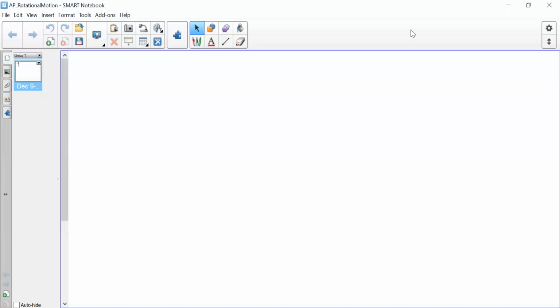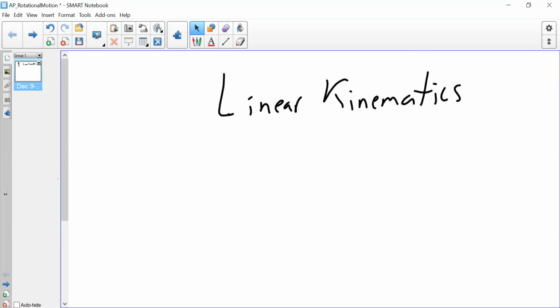So before all of that, let us reprise our understanding of linear kinematics. Linear kinematics was all about taking a point and translating it to another position, whether in the X direction or the Y direction. We've been dealing with this idea from chapter 1 all the way up to chapter 9, basically, from taking